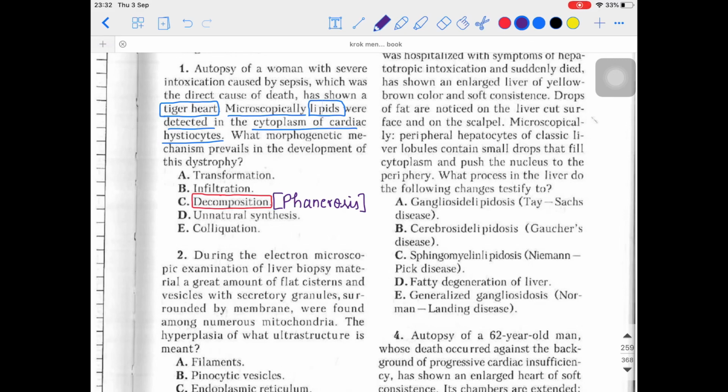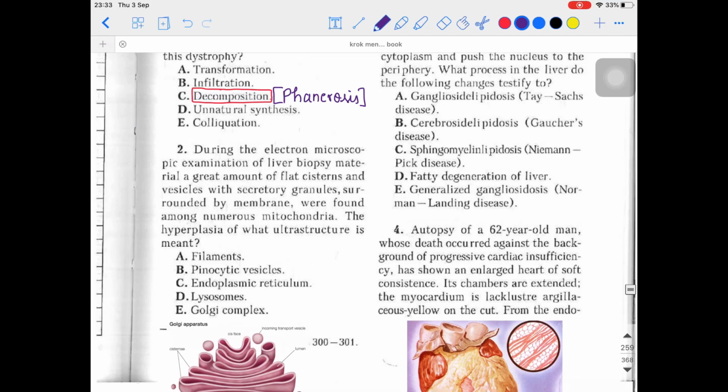So decomposition, also called phanerosis, is nothing but the disintegration of the membranous structures of the cell or the extracellular matrix. So this is about the decomposition process. So if they're talking about the tiger heart, which process or which kind of dystrophy is going on over there? That is phanerosis, or you can also call that decomposition. Okay, done. Second one is: during the electron microscopy